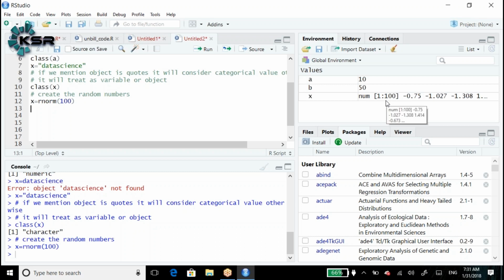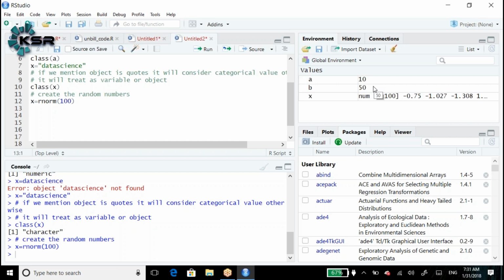That means the starting point is 1. In R, the index position always starts with 1, but in Python, the index position always starts with 0. So this is the meaning of 1 here. 1 colon 100 means 1 to 100 records.